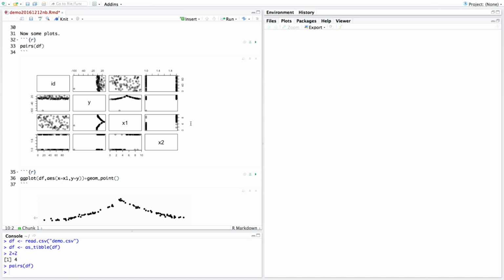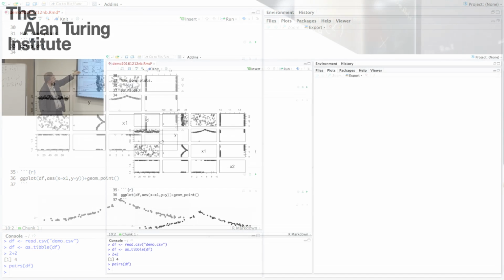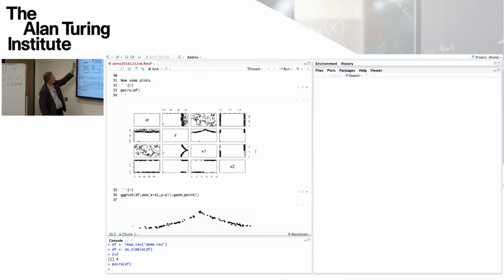What pairs does is it does all the pairwise scatter plots of the 4 variables. And that's a symmetric object, so we can just look at the upper triangular part. This is showing the scatter plot of Y versus X1. This is Y versus X2. And this is the ID versus each of the variables, which looks a bit scattered around.